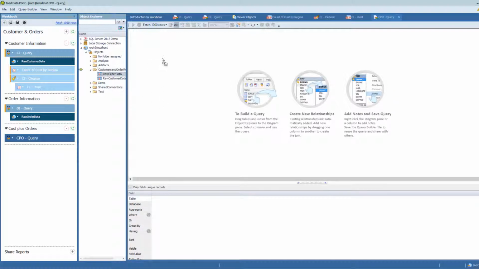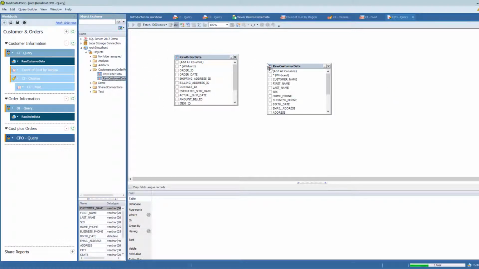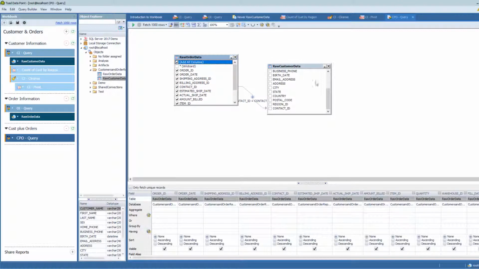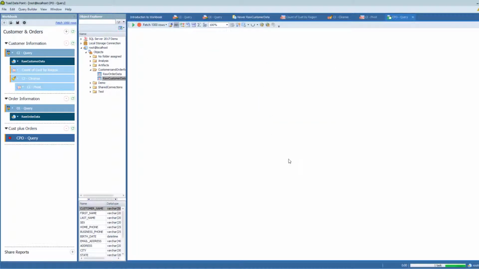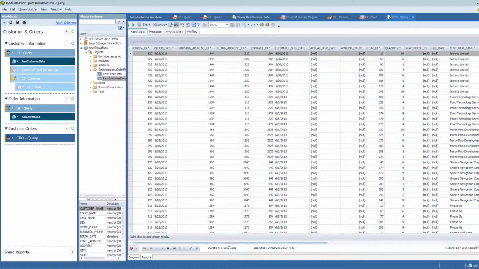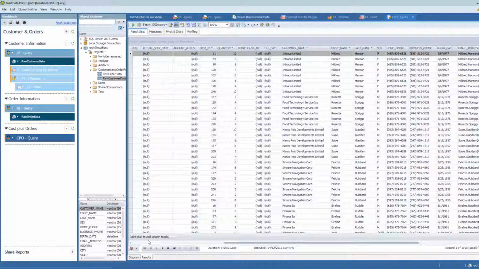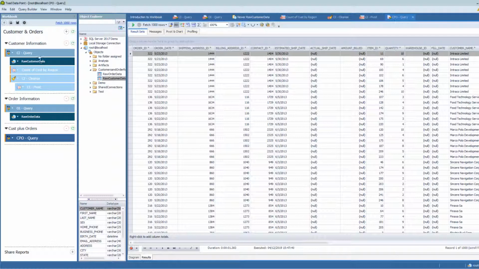Once I've got this query builder up, it's just a matter of dropping these two created tables in, and drawing the relationship, which is contact ID. We'll select the fields. I'll just make it easy for myself, select them all, take off one of the contact IDs, and run that query. Okay, and that brings back all that information joined together. So using Intelligence Central, you can join that data across different workflows within the same workbook.